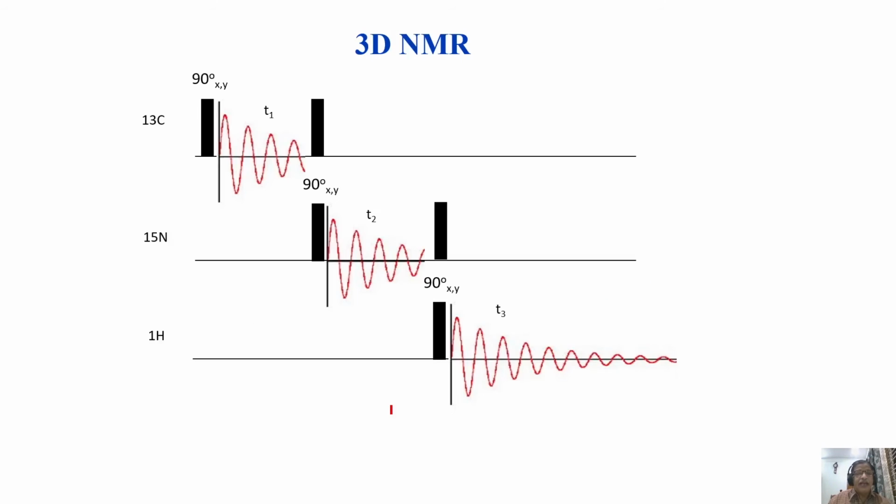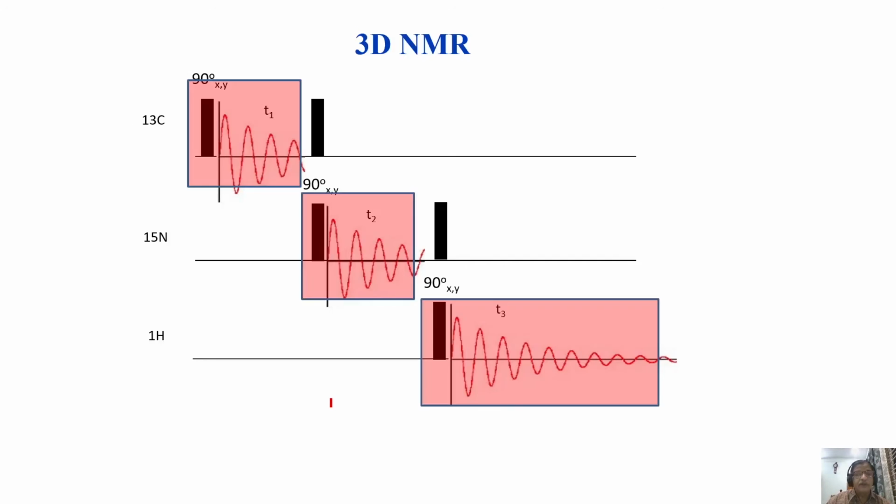For example, I can have 3 time periods like this, T1 period, T2 period and T3 period. This is 3 dimensions, I do a 3-dimensional Fourier transformation and I get a 3-dimensional spectrum. See, 2 dimension is like this, 3 dimension, you can imagine a cube, a box. You can have one dimension here, one dimension here and one dimension here. So 3 dimensions are there. We can have a 3-dimensional spectrum with the 3 time periods. So this is how we get it.